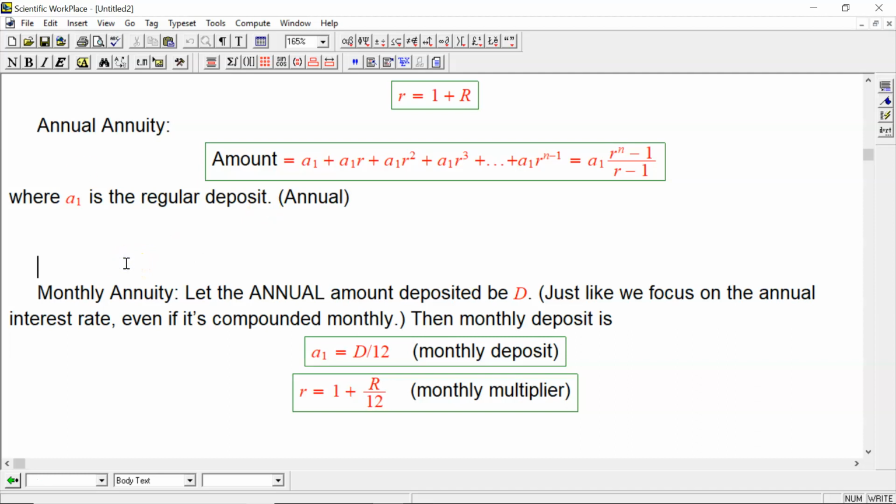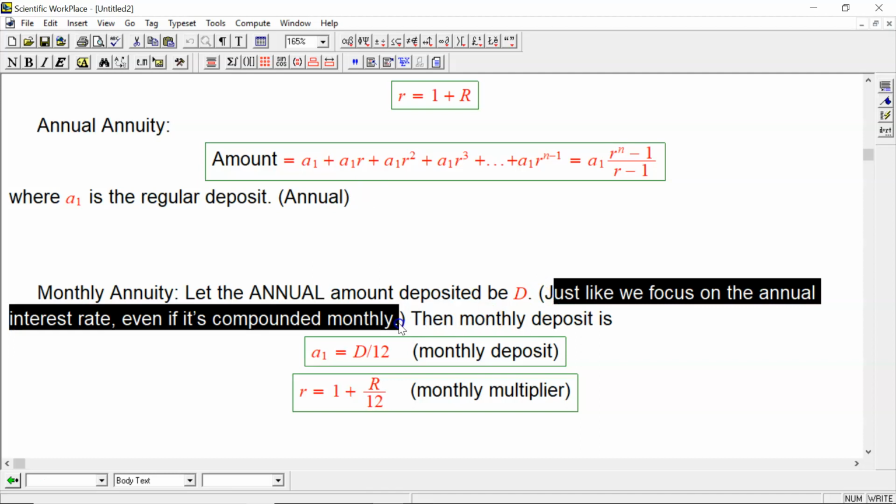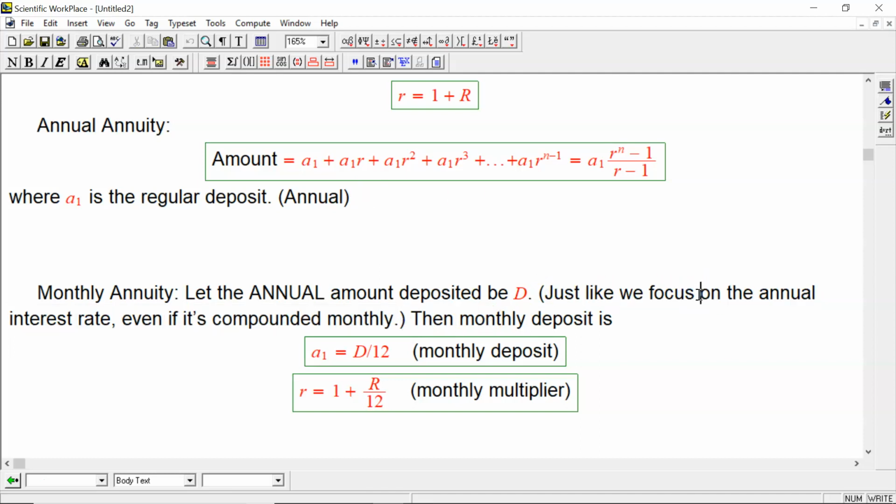So more realistic is you deposit stuff monthly. Honestly, you might do it biweekly from a salary deduction or something, but let's say monthly. So you're depositing it monthly and you're getting interest on it monthly. You're compounding monthly. But just like when we looked at monthly compounding, we still said this is like a 5%